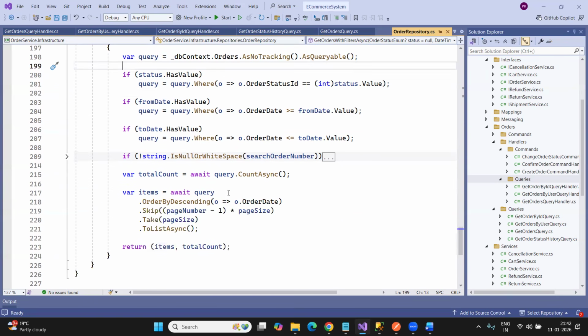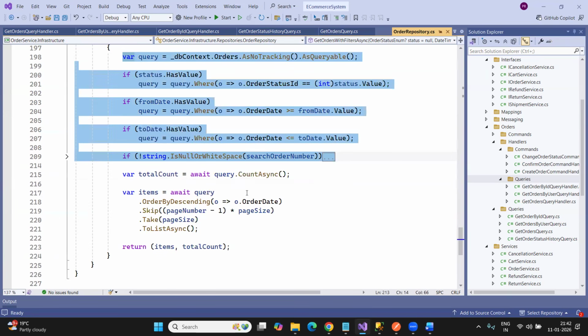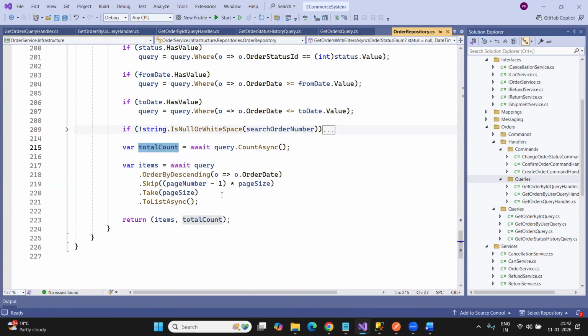So how can we do this? First of all, query.count async. Once I execute this, it is going to give me the total count. It is going to return a single integer value, which tells how many total records satisfy our query. Once I have this total count, I need to execute this command: whatever the command, order by date if you are sorting the data, how many records to skip, how many records to take. And once I call this to list async,